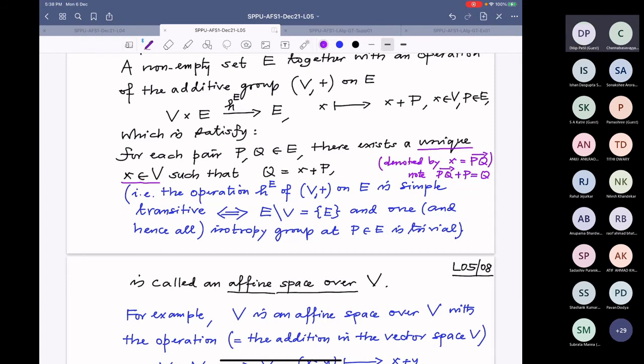Hello, sir. Sorry. What is addition here? Small x plus P. That's what I have been saying, that V is a vector space. Doesn't that mean it has a plus operation? But sir, the set is P, and that can be any set. What unique set are you saying? Okay, okay. Okay, sir. Understood.